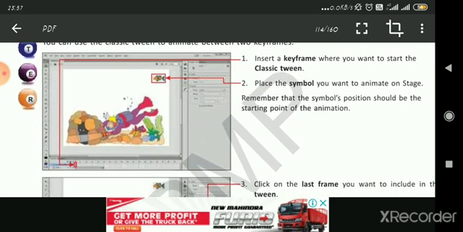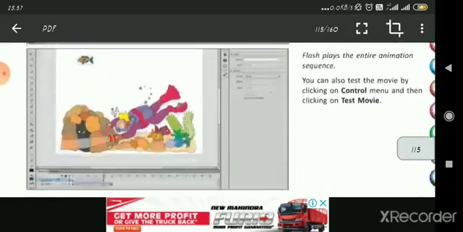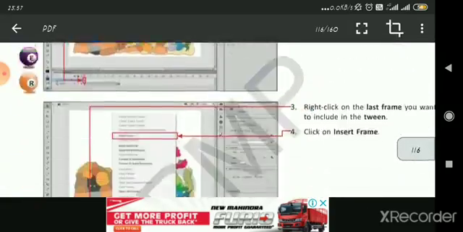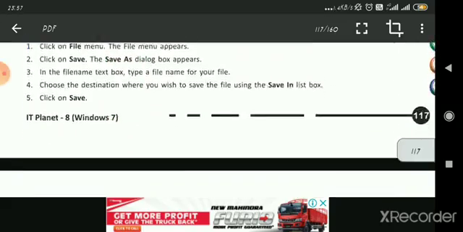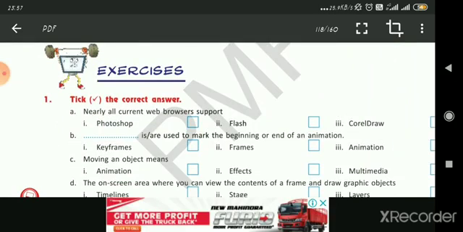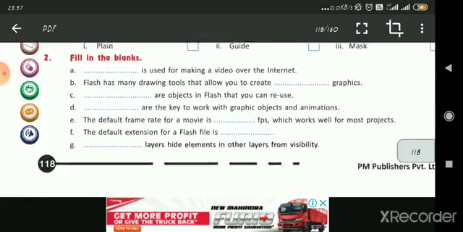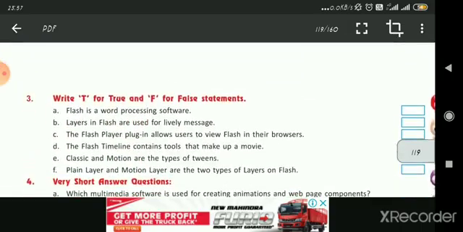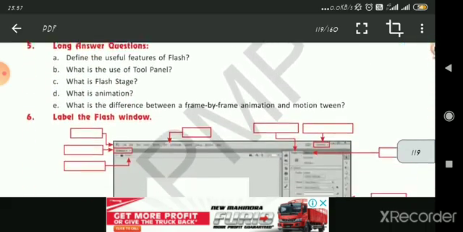So don't be hopeless, as we have completed the chapter, and I am thinking that I will give you the question answers of this and the exercise also. In the next video you will get it. Till now I hope that you will practice it. Practice it very well, find out the answers from the exercise on your own also, and then when we are discussing, you can check yourself whether you have found the correct one or not.